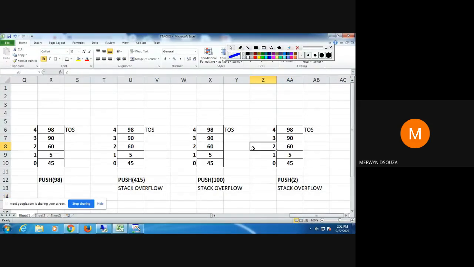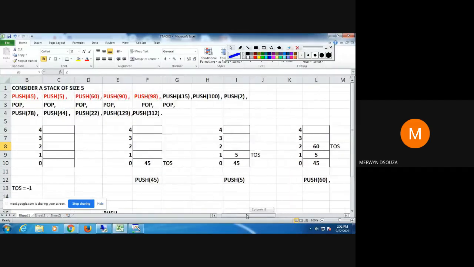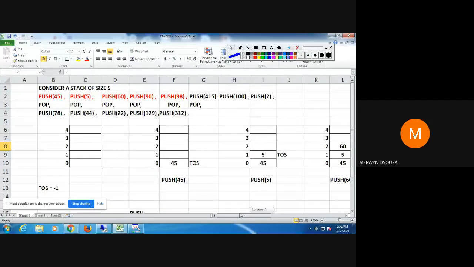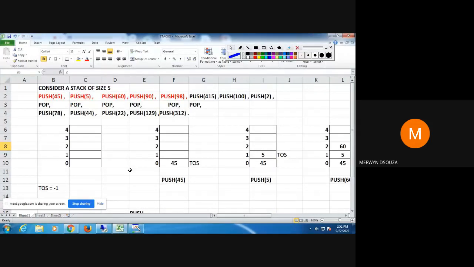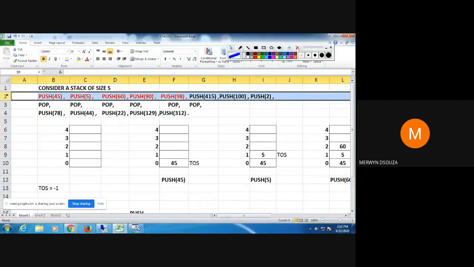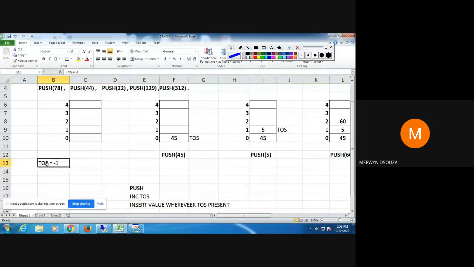So till here, has everyone understood? Any doubts till here? So again, I'll just scroll from the start till the end of this row, what we have done. If you have any doubts in any of the steps, you just let me know. So initially, our top of the stack was -1. First push we did, top of the stack becomes 0, because you are incrementing it: -1 + 1 = 0.